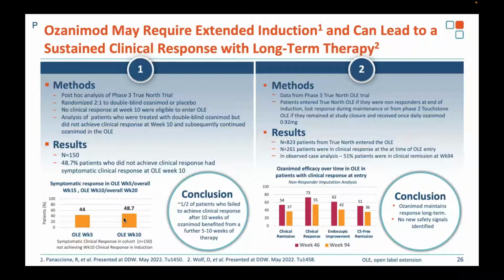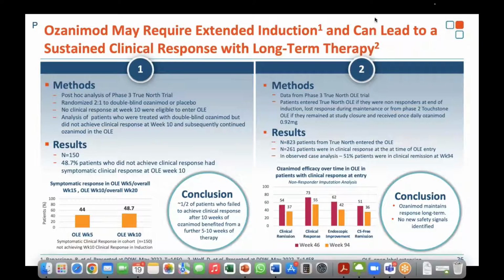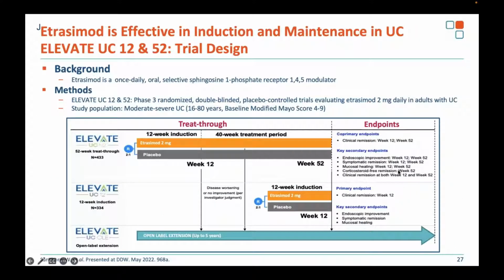The right-hand side of the slide looks at open label extension patients who've responded and go on and get open label treatment. I think, to summarize this, what this tells us is out to 1 and 2 years, what we're seeing is that the drug seems to work over time. There doesn't seem to be a long-term loss of response any more than you see with any of the other drugs. So I think it's me next, and I'm going to be talking about one of the other sphingosine